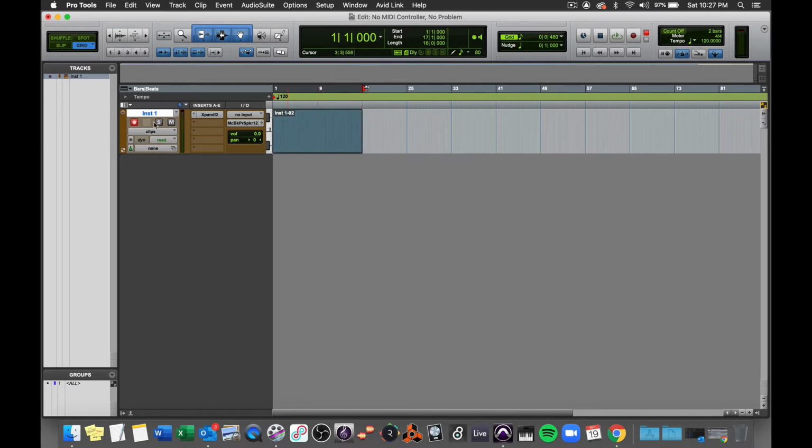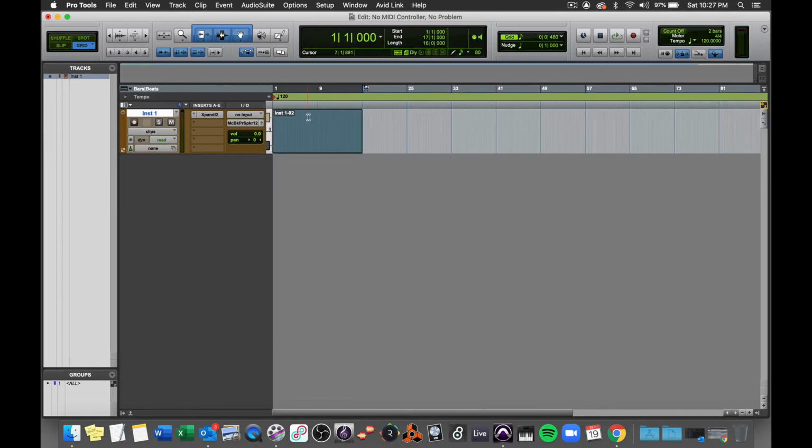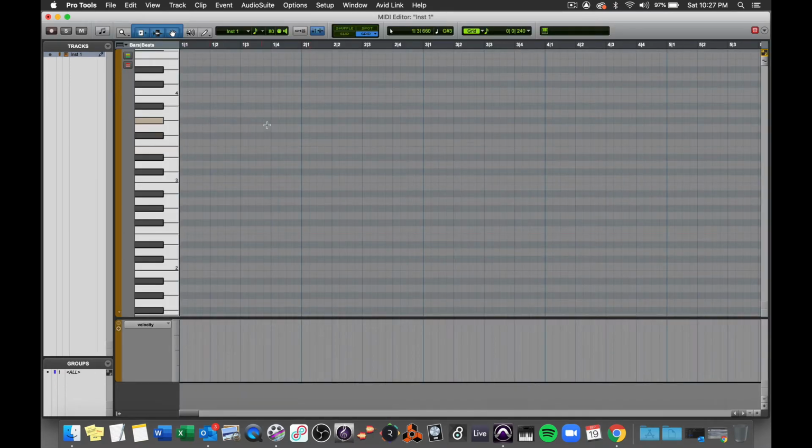Once you have a blank clip, you can double click on it with the grabber tool, and the MIDI editor will pop up. Now, if you did what I just did and were too far up in the track with your smart tool on, you will have the selector. So make sure you go down to the bottom of the track and double click, and the MIDI editor will